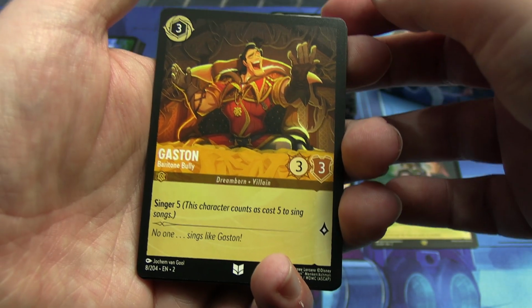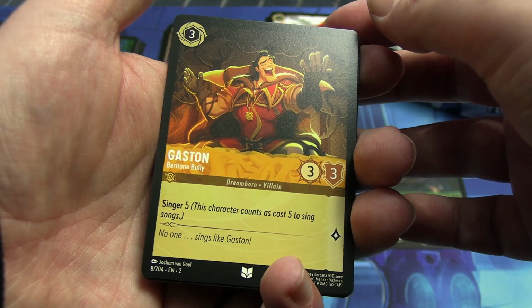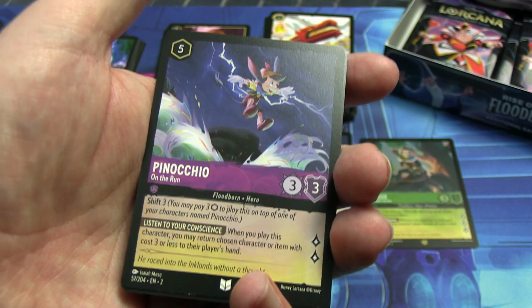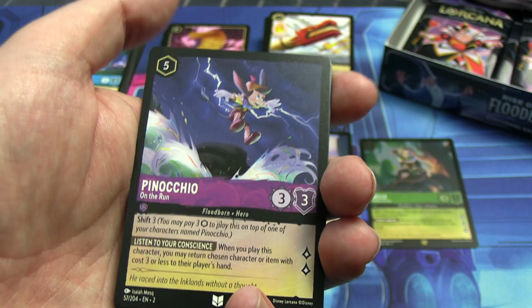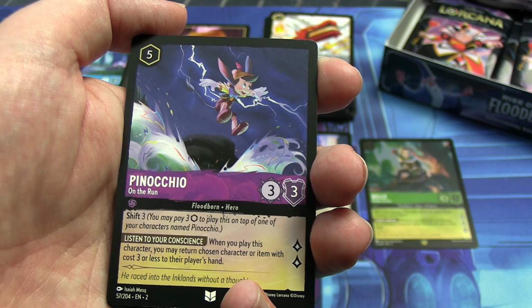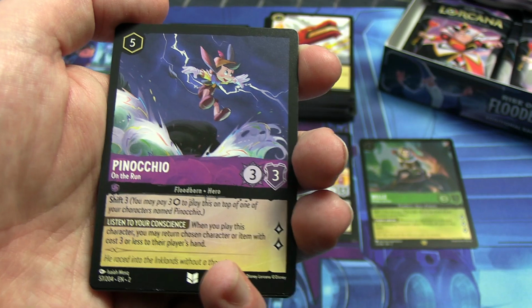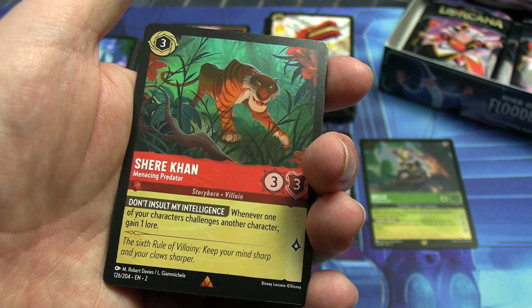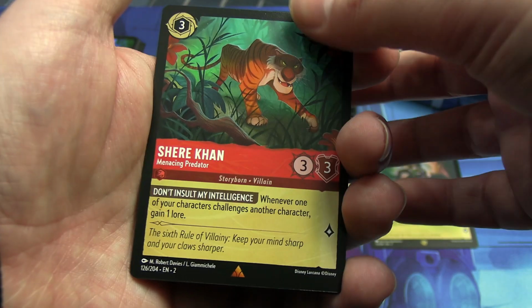Speaking of, there's another version of Gaston. Baritone Bully. A different... Oh, that's a very cool picture of Pinocchio. I know he's like turning into a donkey, which kind of detracts from him, but just in general, it's a very heroic shot. It's like he's becoming Thor. Alright, and rares are better. Ooh, Shere Khan from the Jungle Book. And...